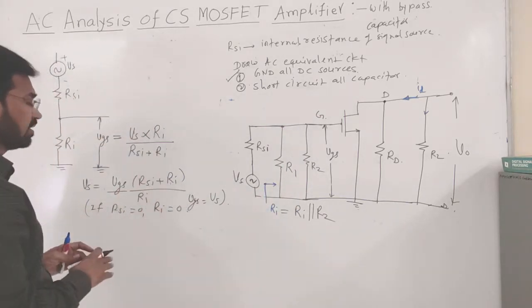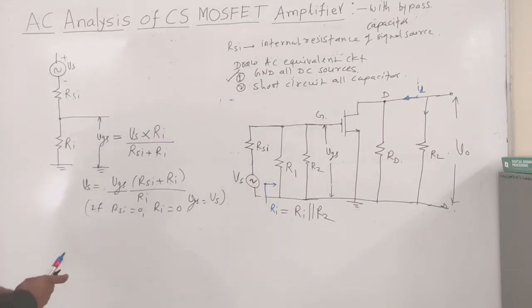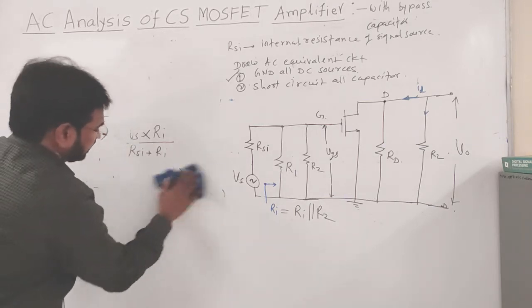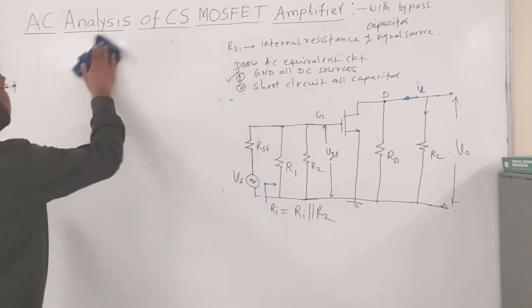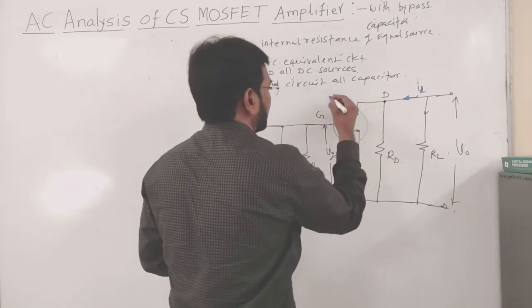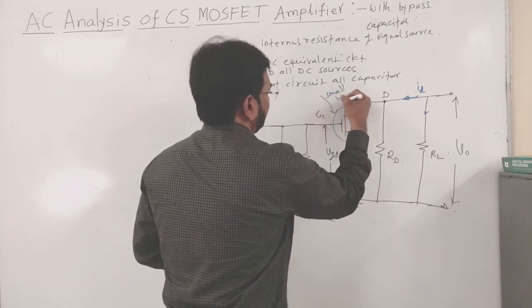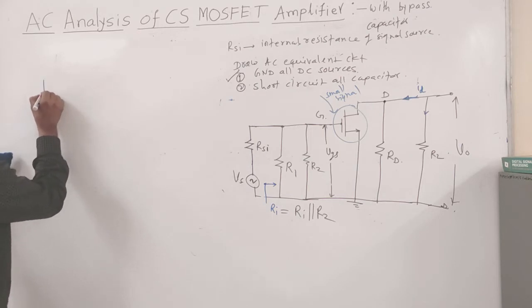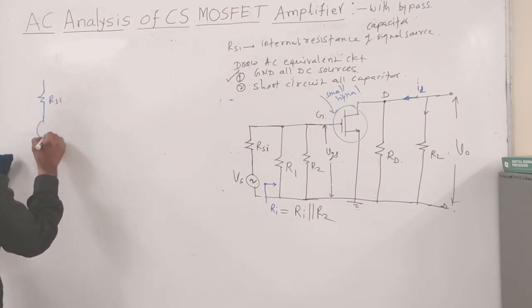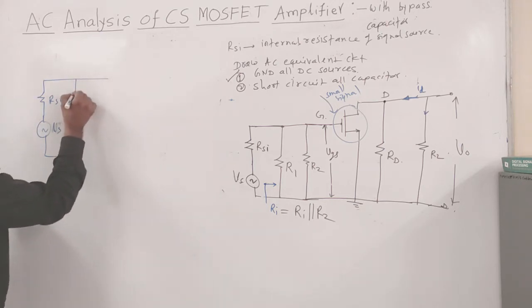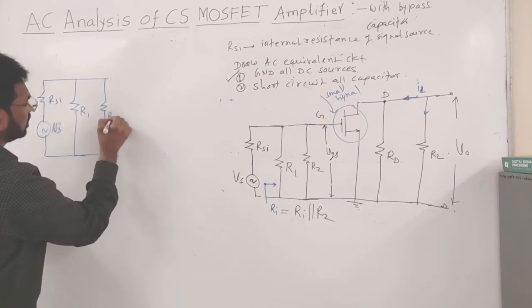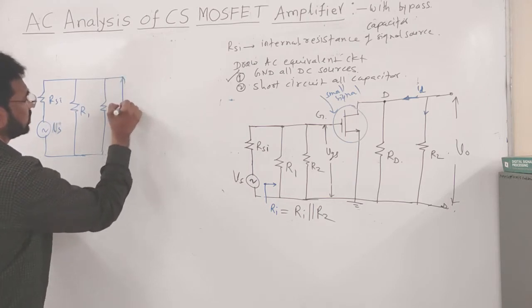Okay. So, this is the equation for VGS. Now, we are going to replace this diagram. I am going to erase this voltage divider equation. We have developed the equation, you write it somewhere, we can relate to this. We have to replace this by the small signal model of the transistor we developed in the beginning. Now, see, we have RSI, source Vs, and this one resistor. I am drawing a compact circuit, R1, R2, and from this we have the gate. So, it is VGS